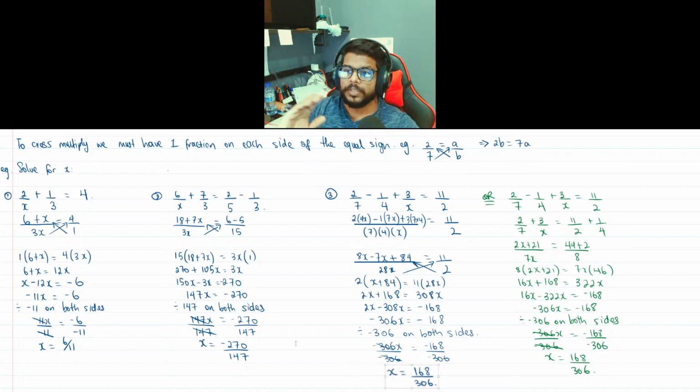As we get better with algebra, you all will realize, well, you know what? This question here, I can do it like this, or I can do it like that. And as you get better in algebra, you realize, well, this equation looks a certain way, so I must use a certain method to solve it. Just like how you will look at a square and say, that is a square. You recognize it's a square from learning ever since. That is the shape of a square. So when you see certain equations, you'll be like, aha, that is a linear equation. I have to go through this method to solve this equation. When you see another equation, aha, that is a quadratic equation. I have to go through a different method to solve the quadratic equation. So practice,